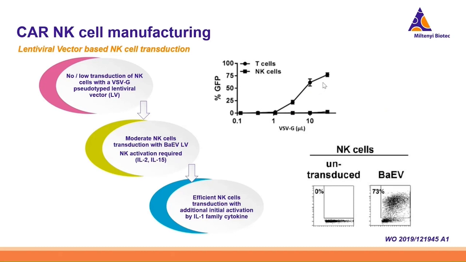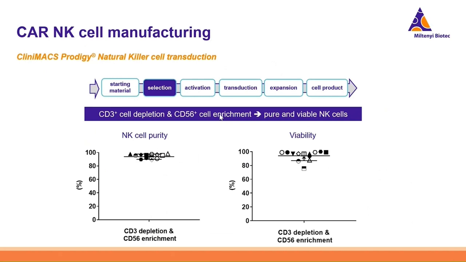Therefore, we changed that and we're using the baboon envelope. Together with the different activation, like interleukin 2, 15, or the interleukin 1 family cytokines, we're able to have very good results. So just to give you a brief overview, once you complete the selection procedure, which is the depletion of T cells and enrichment of CD56 cells, using this procedure, you can get very high purity and very high